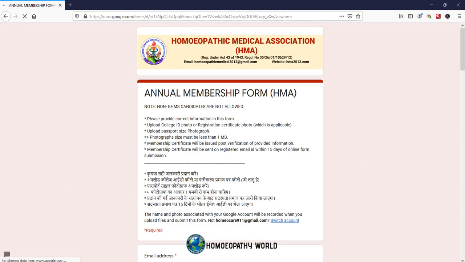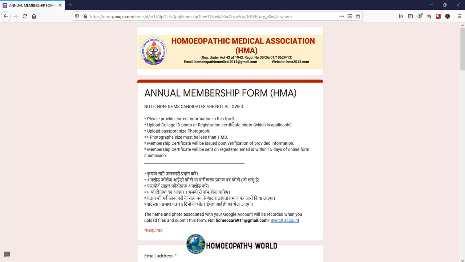This is known as the annual membership form for HMA, and it says note, non-BHMS candidates are not allowed. So at least to fill this form you have to be a BHMS, you have to be an intern or a doctor or MD, or you should have completed some sort of degree in homeopathy. It says please provide correct information in this form.